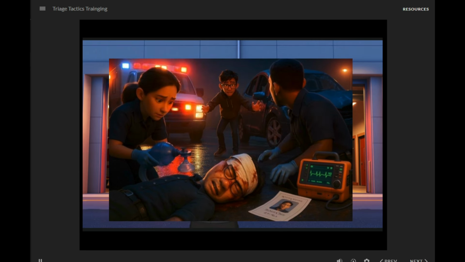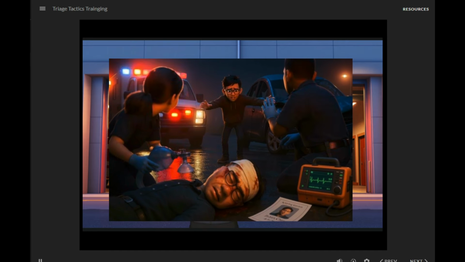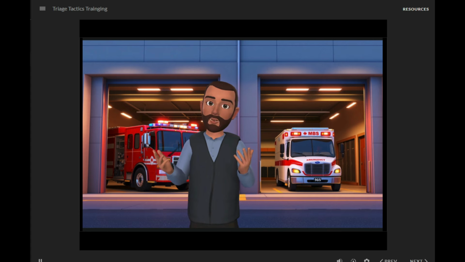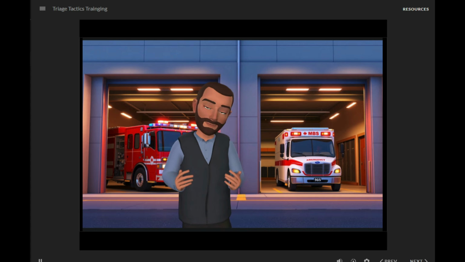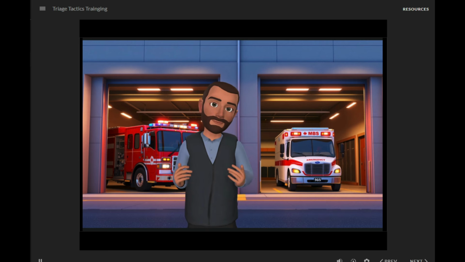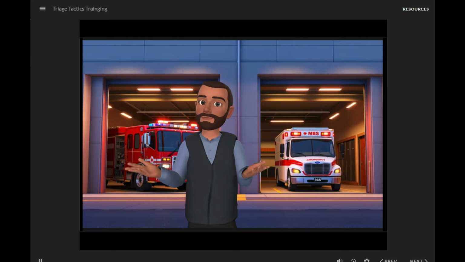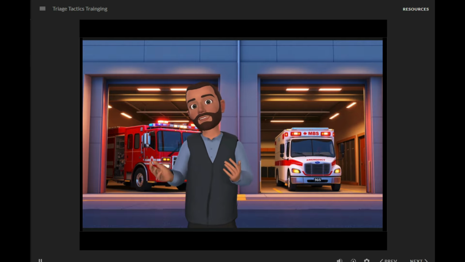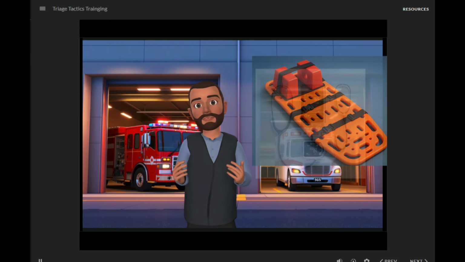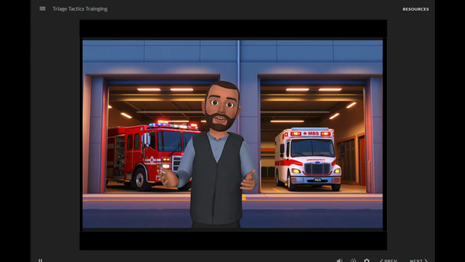You'll encounter family members, colleagues, and situations that will pull at your emotions while demanding clear, protocol-based thinking. Remember, retriage is not an admission of error, it's professional vigilance. Patient conditions evolve, and your assessments must evolve with them. Trust your training, communicate with your team, and don't let emotional pressure override medical evidence. Your equipment includes standard BLS supplies, oxygen, bandages, spinal immobilization devices, and monitoring equipment. Resources are limited, so allocation decisions matter.